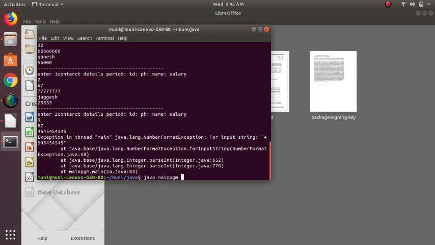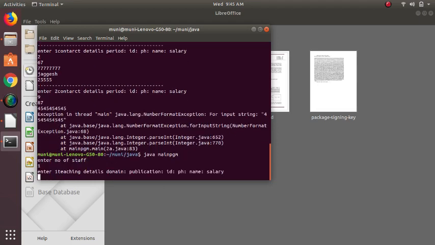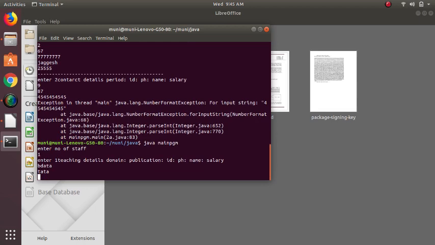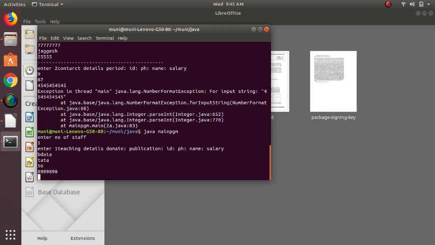Okay, it is exceeding that number, so I'll again enter only one. So one details, domain, and use big data. Publication I use Tata. ID is 56. Phone number is 89898. So next, name Basu.